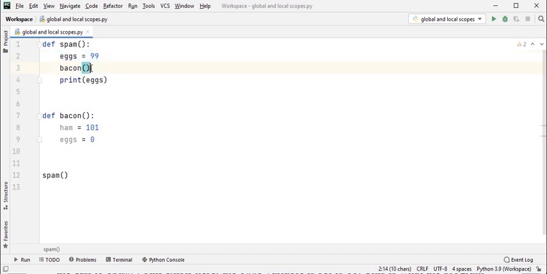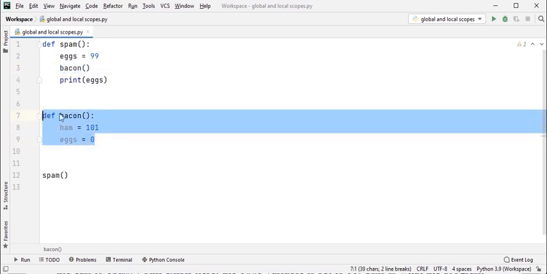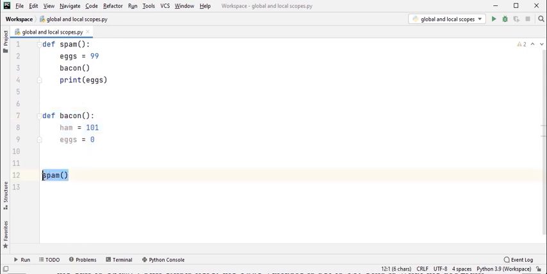So this bacon function, when it is called, has nothing here, because this x variable will not be used, because I have assigned x equal to 0. As I said, the local variable here cannot use the local variable name in the spam function. Both cannot be the same. Therefore, it has not been highlighted, and therefore it is not printing this statement, because as soon as the bacon function is called, just because I am not returning any values in the bacon function, its local scope will be destroyed